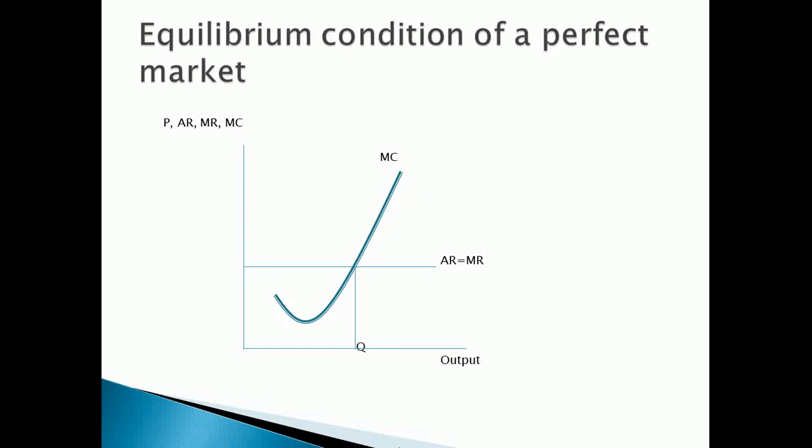A firm is making supernormal profit at that point. Any point outside those points is not supernormal profit for a firm. And the firm can enjoy that in the short run because it is new in the market, the product is new, people are familiarizing themselves with the product, accepting the product, and the competitors are not many. So the firm has the chance to acquire as much revenue and as much profit as possible in the short run.